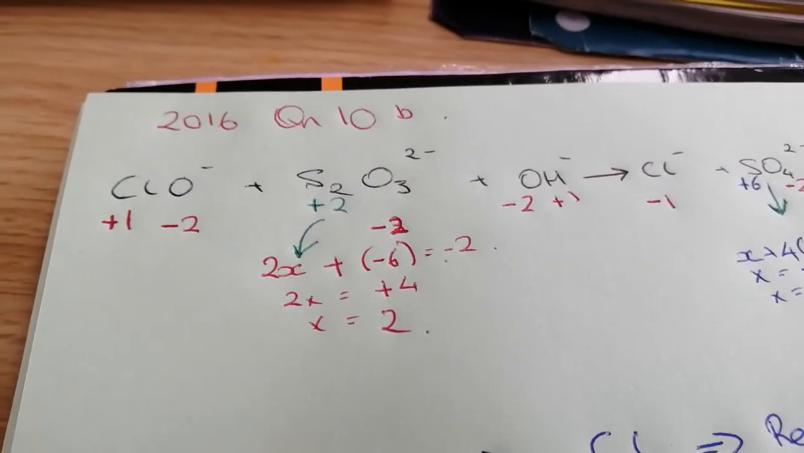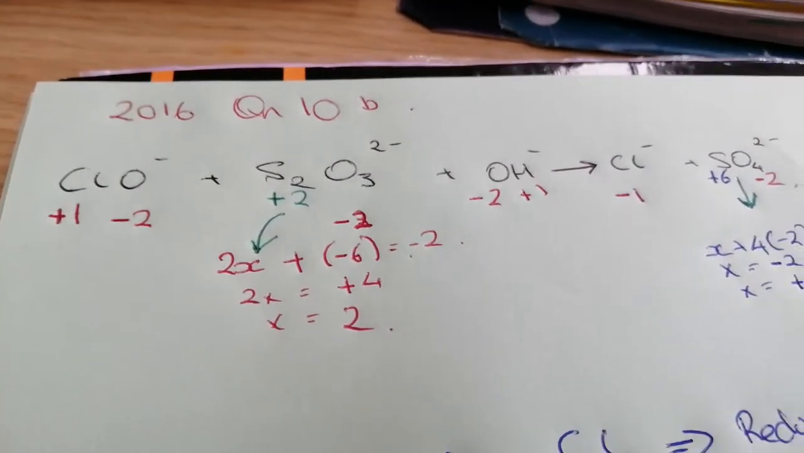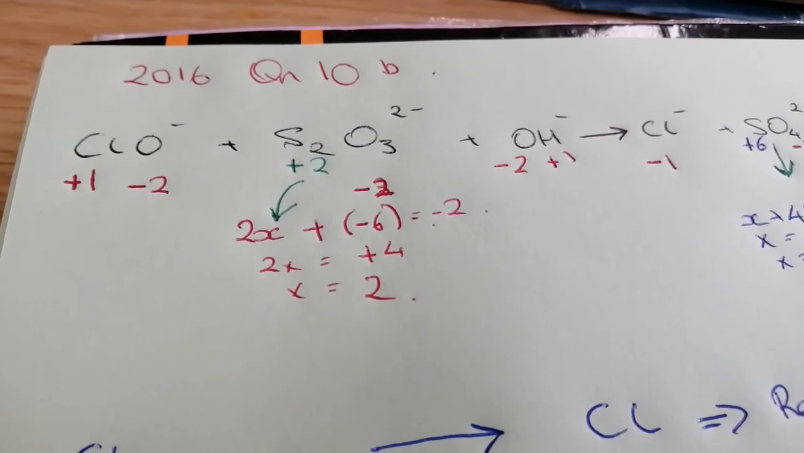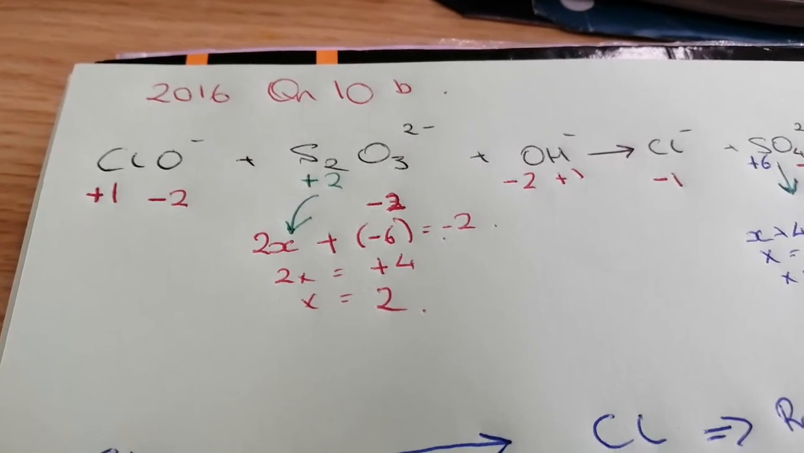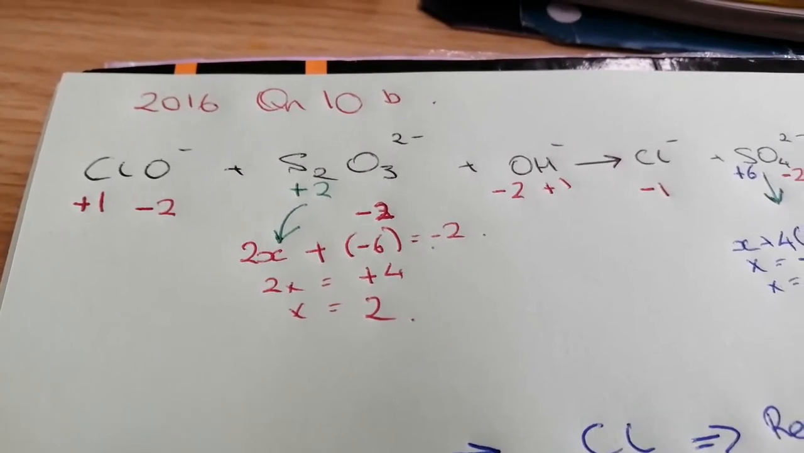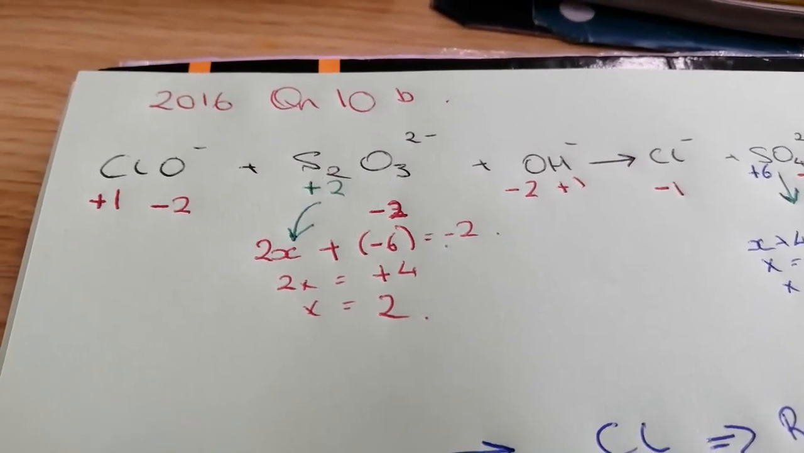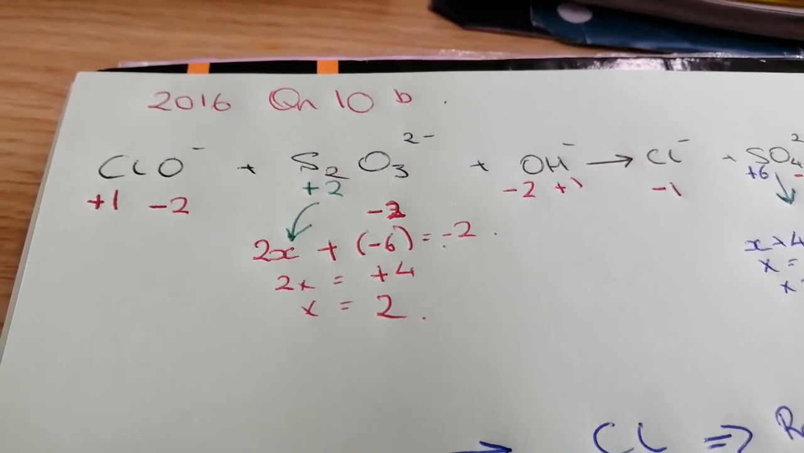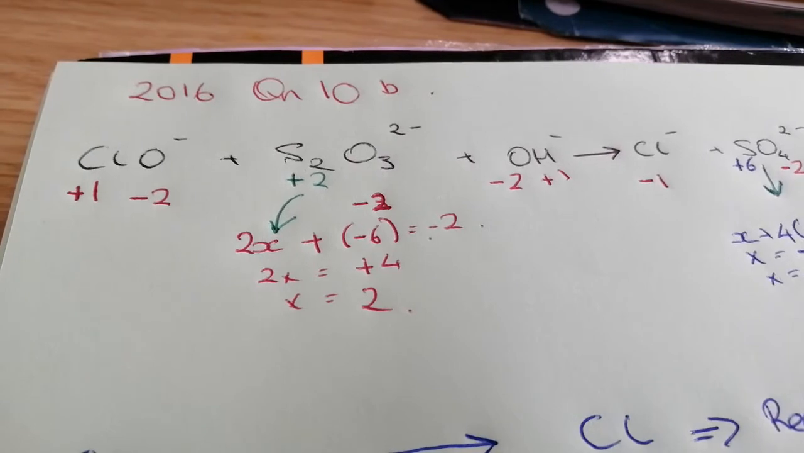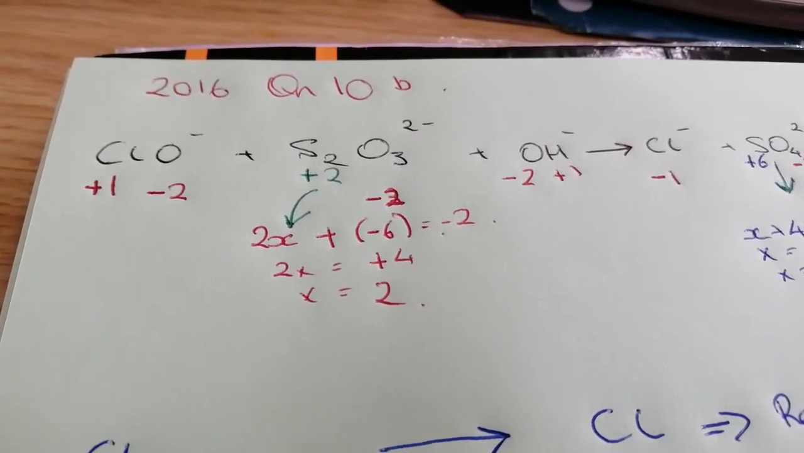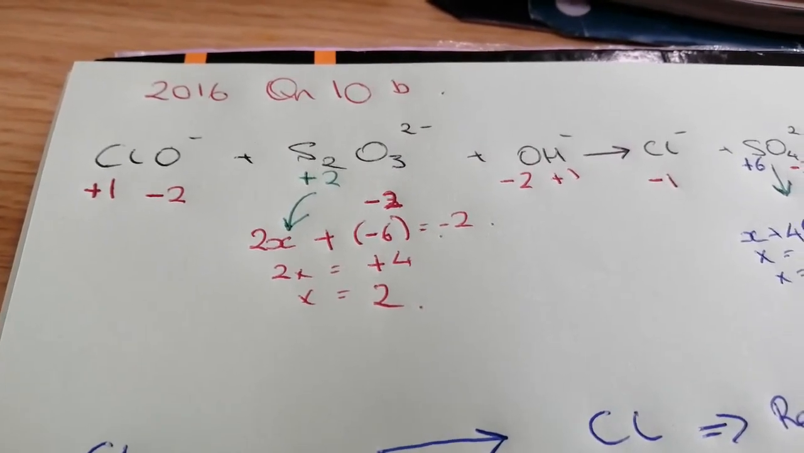Okay, guys. So another question from Jimbo Slice there. It was 2016 question 10B. Basically, the question is divided into two halves. It's a full half question on oxidation and reduction. The first part, B part 1 and B part 2, is to define